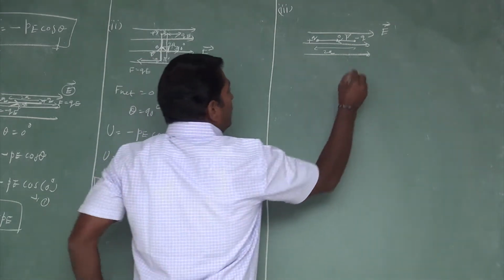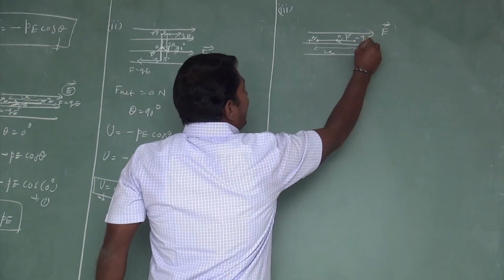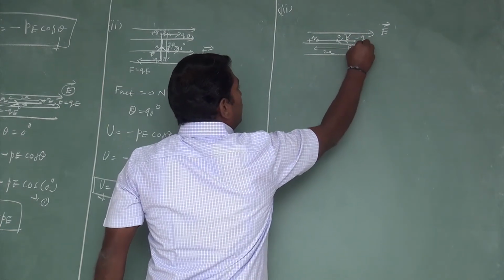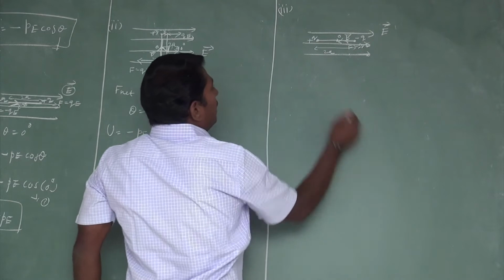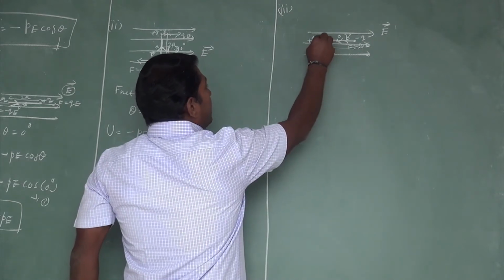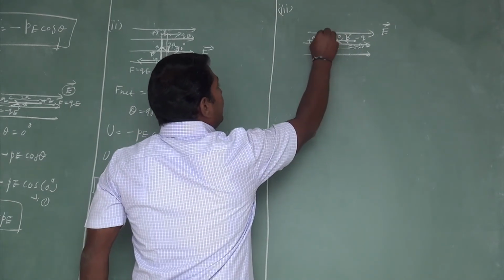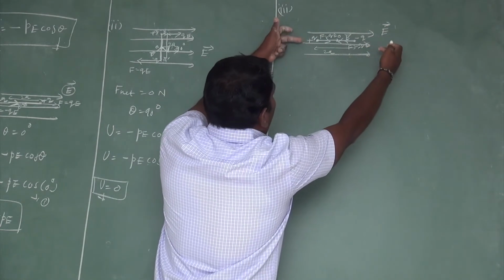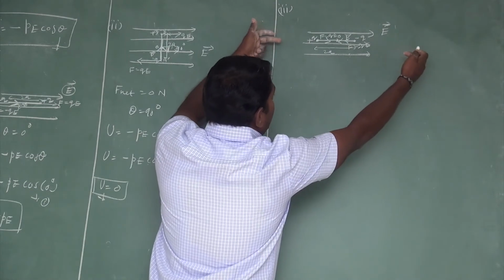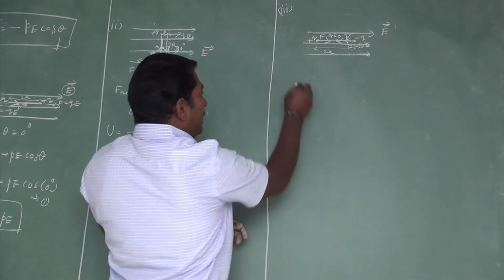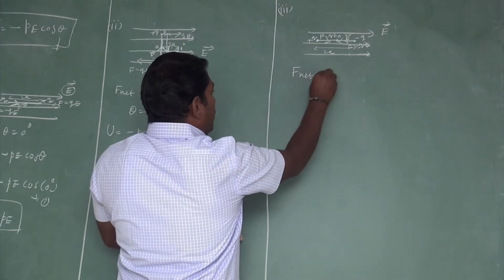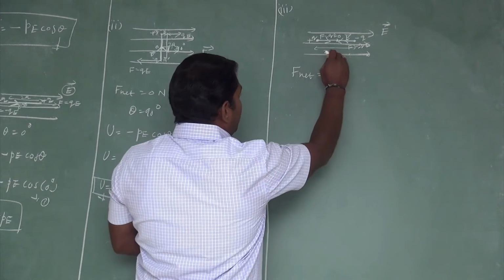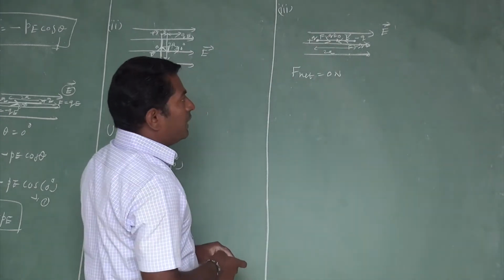In this case also, the minus q charge experiences a force opposite to the direction of the electric field. F is equal to minus QE. The positive charge experiences an electric force along the direction of the electric field. F is equal to QE. See, both charges experience equal magnitude of force and act in opposite directions. In this case also, the net force acting on the electric dipole is 0. But in this position, it possesses an electrostatic potential energy.